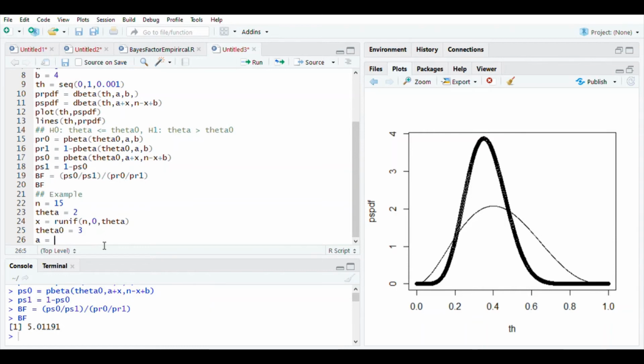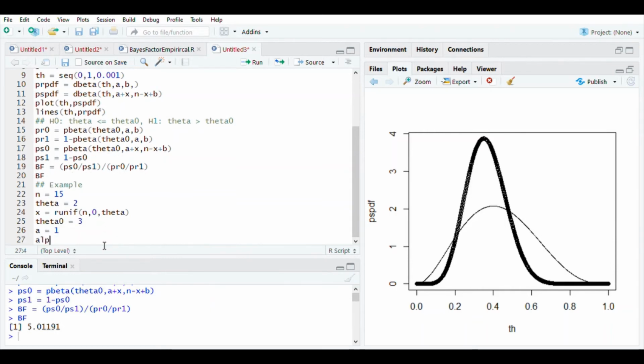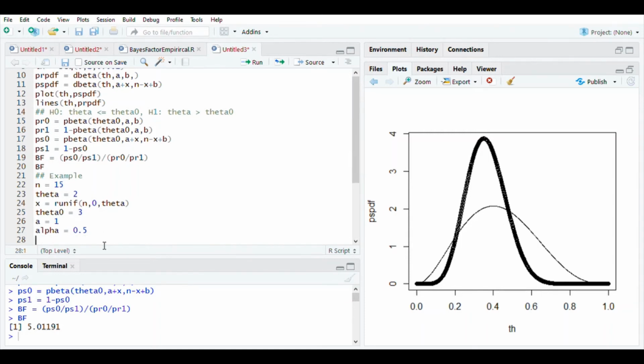So A is the lower limit for theta a priori, that is, the Pareto distribution which is used as a prior distribution for theta is positive only if theta is greater than A. So here I am taking A to be equal to 1 and alpha is another parameter. So suppose I take alpha to be equal to, say, 0.5. I have just chosen it arbitrarily. Let us plot the prior PDF and try to get an idea about it.